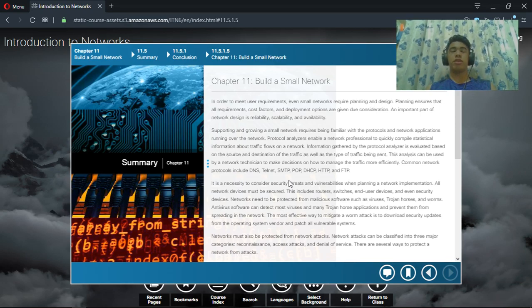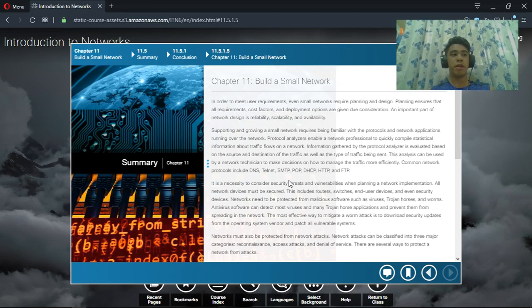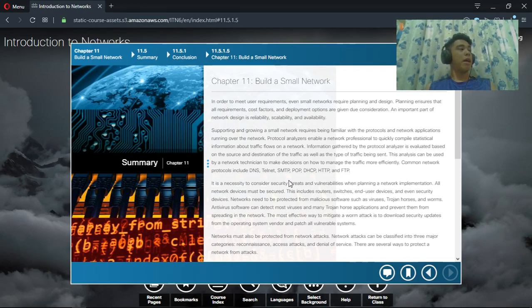You should know, you must be familiar with the different protocols and different layers